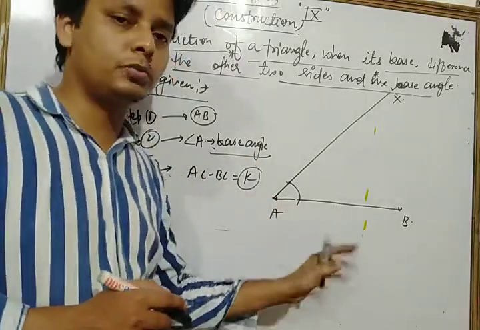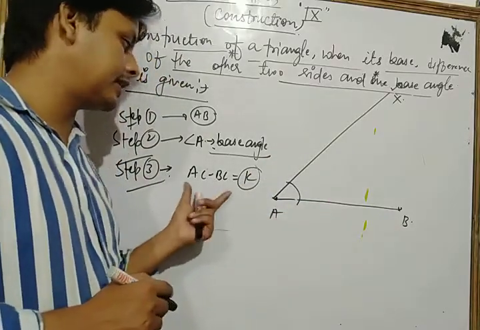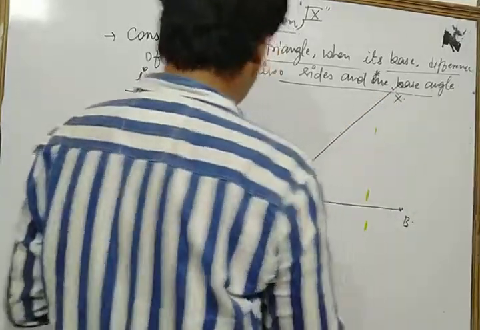One side AB is the base, and the other two remaining sides are AC and BC. So AC minus BC is given, and from AX we cut an arc,